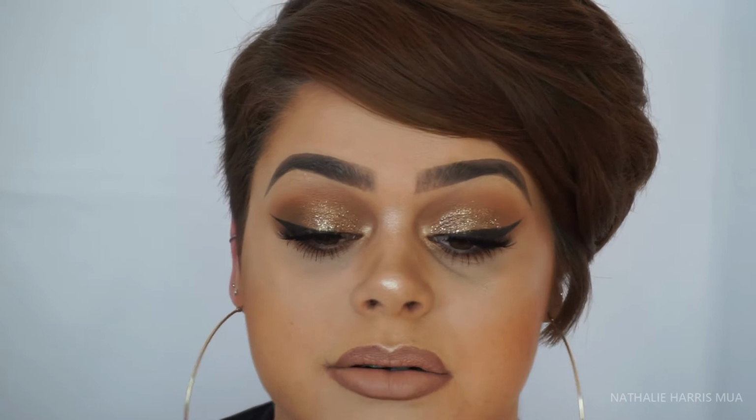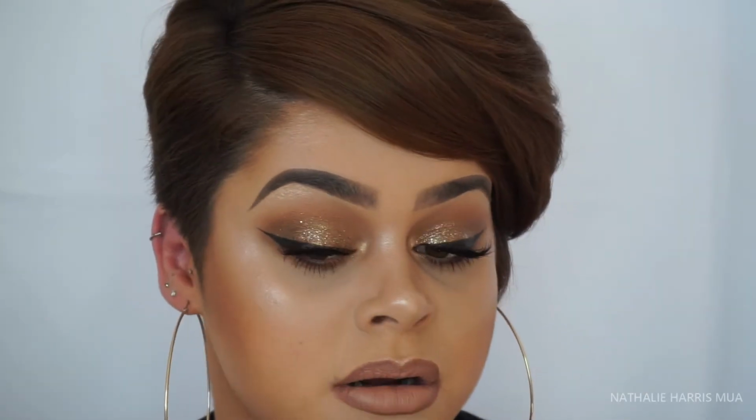Today I'm going to show you how I achieved this eye look and lipstick and highlighter. So it's just a really nice natural day look. I find you don't have to do the glitter. I'll show you the bit without the glitter as well, and I think this is a really nice look to